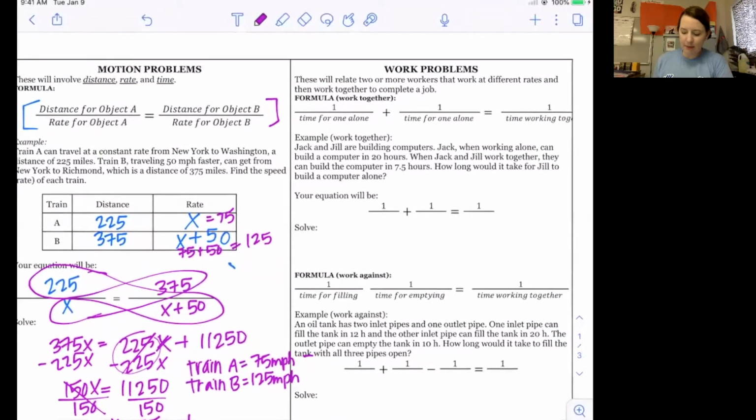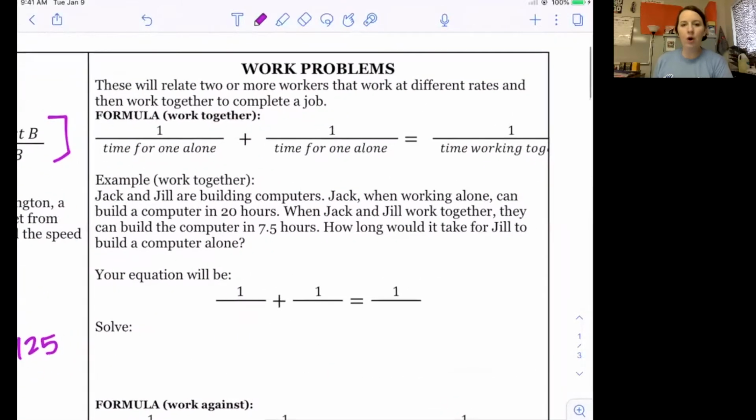Okay, second type of problem is going to be work problems. So this is when you are working together with someone else to finish a job. So this says that it's going to relate two or more workers that work at different rates and see how long it's going to take them to finish a job when they combine their efforts. So you can't just say that they're going to split it evenly, because if one of them is working faster,